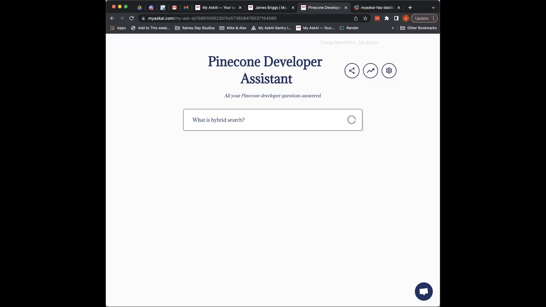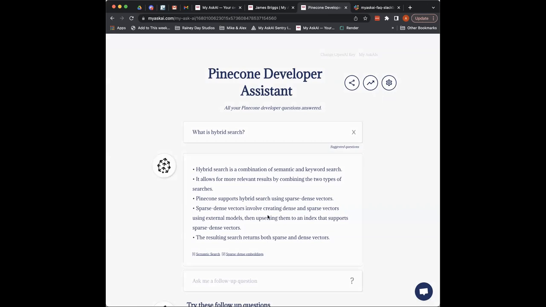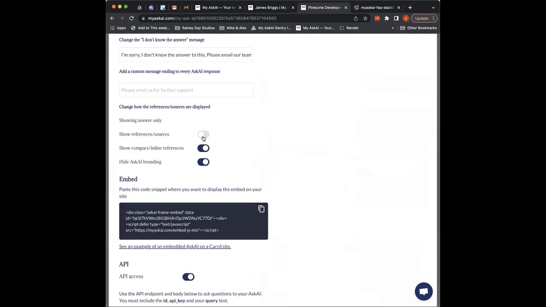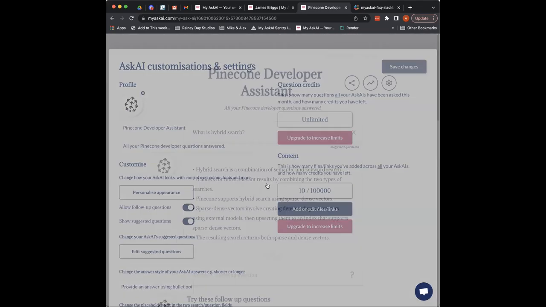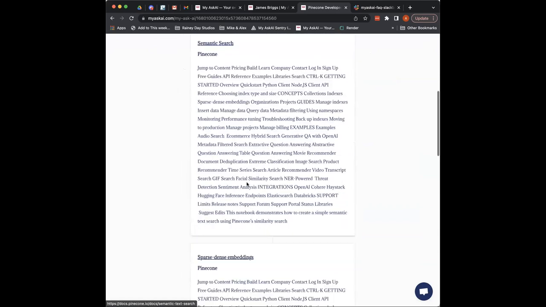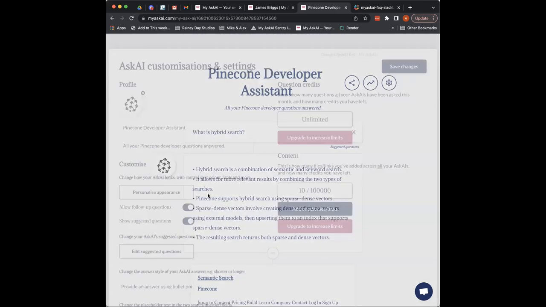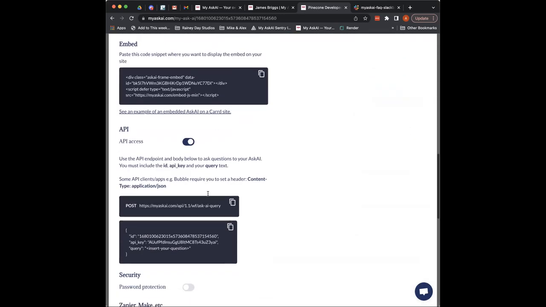And this is a really interesting thing that we pulled in. When we ask a question like, what is hybrid search? When we're searching through all of the documentation, it's going to change one thing, so you can see this first. Show the references. We actually show these chunks of text and the actual reference links to the documentation that we pull back. But in Pinecone's case, they say, well, we don't want to show all the chunks of text.